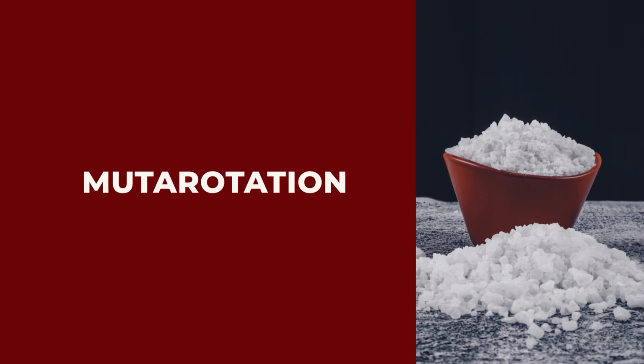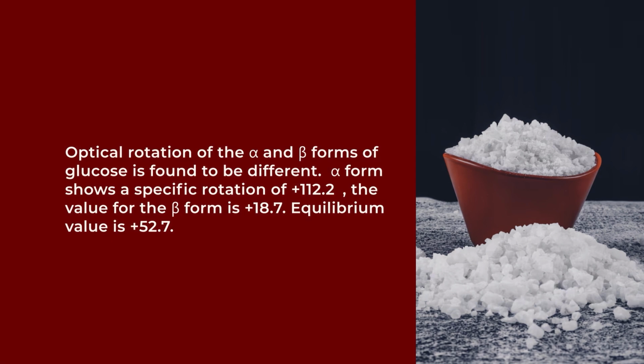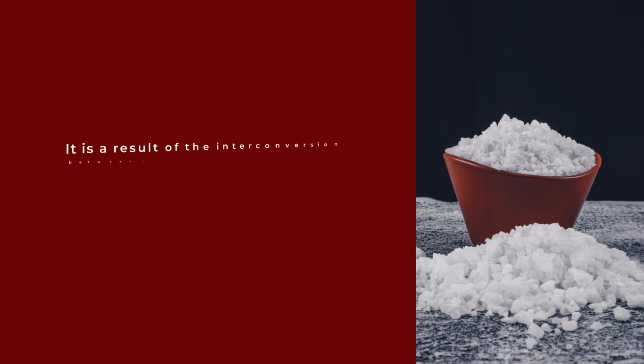Then we come to the next property, mutarotation. Mutarotation is a process where the alpha and beta anomers are interconverted in aqueous solution. It has been known that the optical rotation of the alpha and beta forms of glucose are different. Alpha has a specific rotation of 112.2, while beta has 18.7. So, equilibrium is at 52.7. The gradual change in specific rotation from 112.2 or 18.7 to 52.7 is called mutarotation, and this interconversion